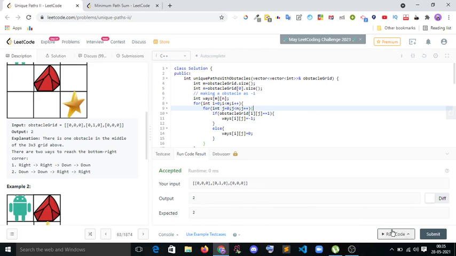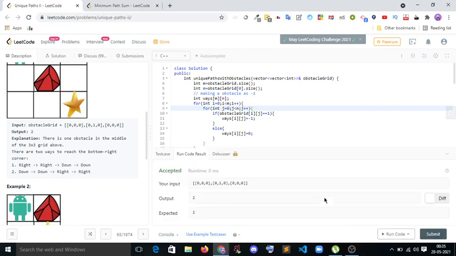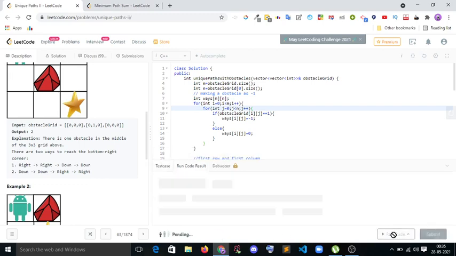Okay, we are getting that. So use the example test case and check that we are getting the correct answer.